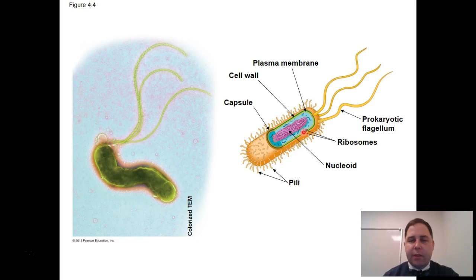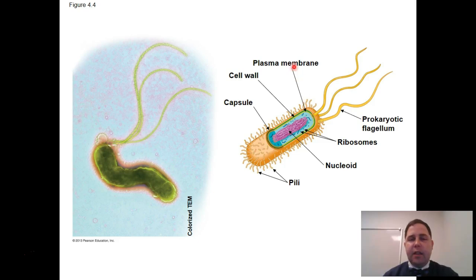We're also going to have ribosomes in all prokaryotic cells. And in eukaryotic cells, ribosomes are going to be complexes that allow us to take nucleic acids and turn them into proteins. And since proteins do most of the work of the cell, it's very important that cells are able to make proteins. And this doesn't have it labeled, but the other required feature of both prokaryotes and eukaryotes is the cytoplasm, which is the liquid interior of the cell.